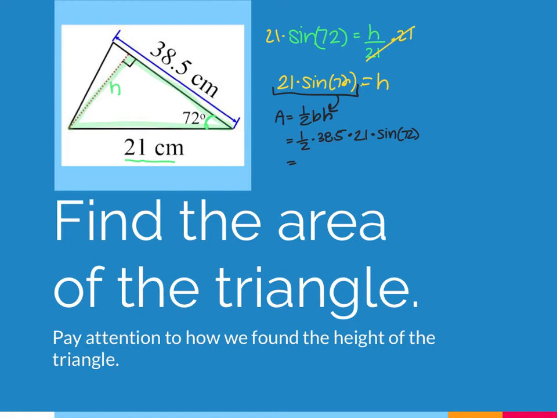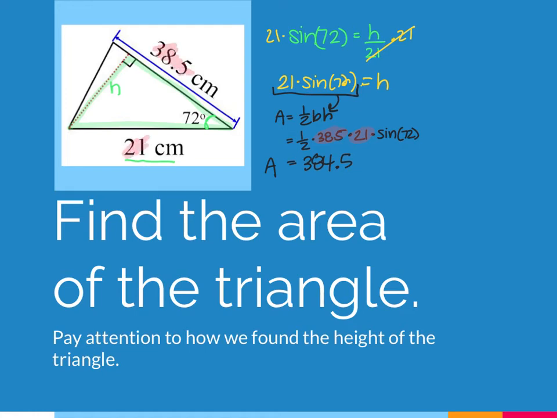And we get 384.5 if we round to the nearest tenth. There is our area. Now let's notice again, we have our two sides,